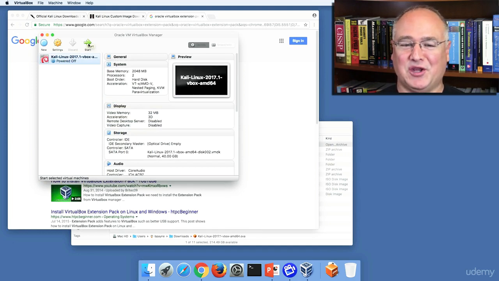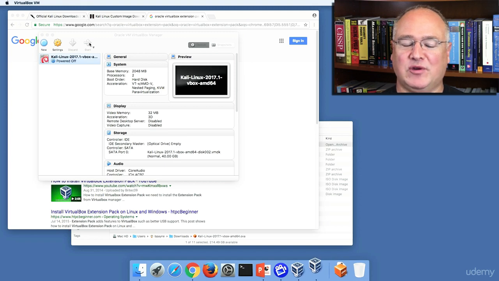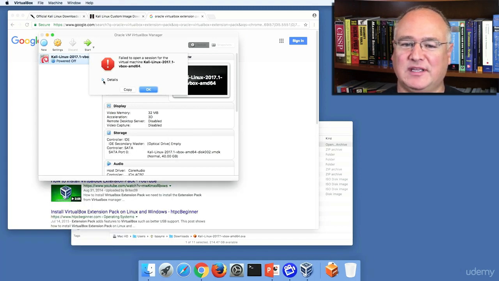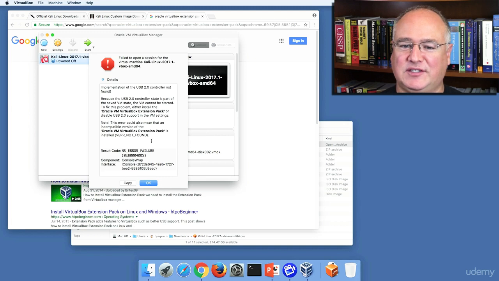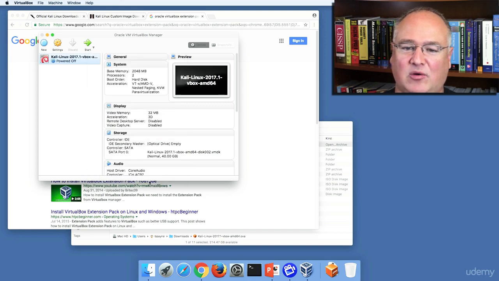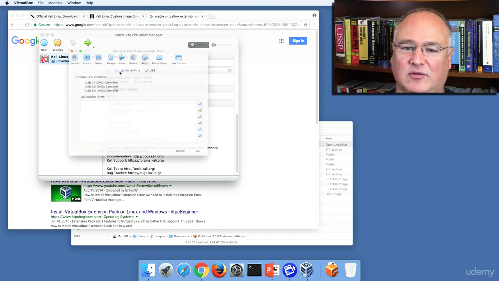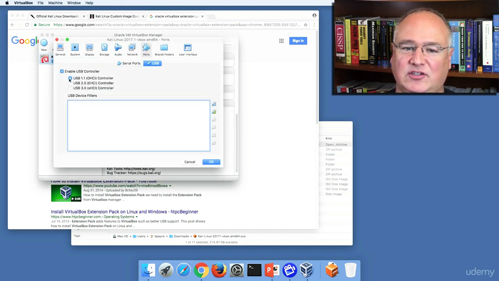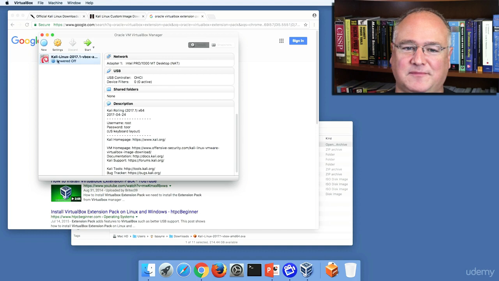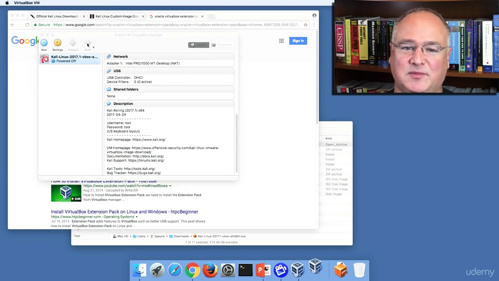Oh, one quick note, when you start this Kali VirtualBox, you may run into an error the very first time you run this, saying that it's got a USB 2.0 error. We can install the Oracle VirtualBox extension pack if we need to a little later on, but for right now, all we need to do is scroll down to USB. We'll double-click that and just change this back to USB 1.1 and hit OK. There we go. And now if we start this VirtualBox machine,